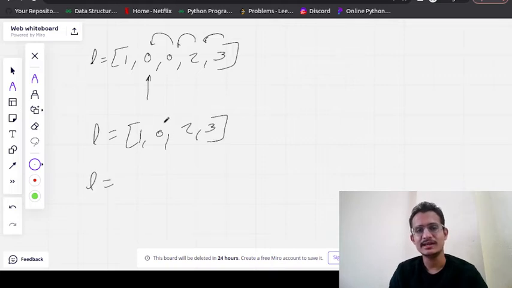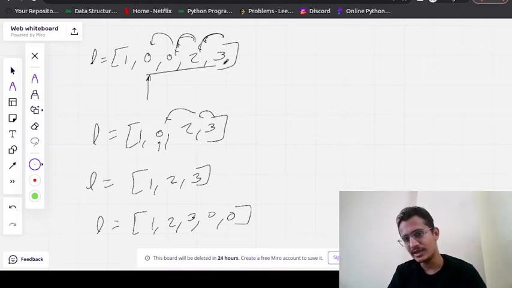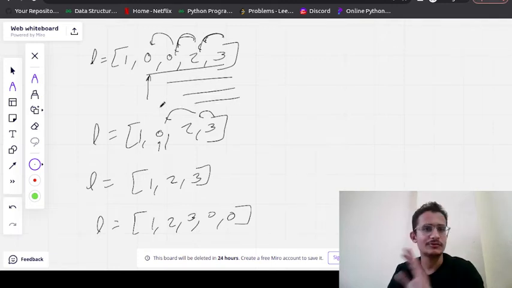Then again we check, if it is 0, we again shift the elements, 1 2 3. Then at the end we append the zeros. So when we use a pop function, we have to shift all the elements that are present on the right hand side. So we have to traverse our list a lot of times.